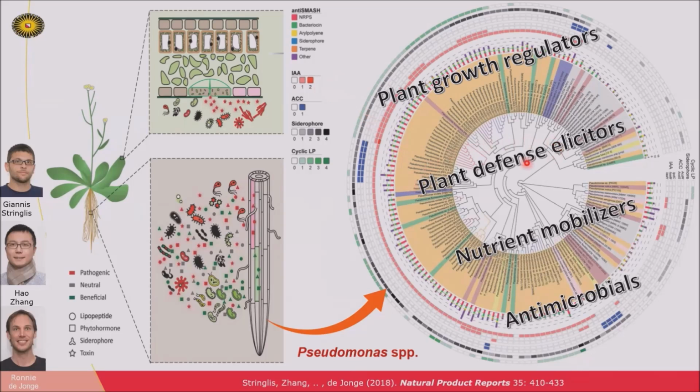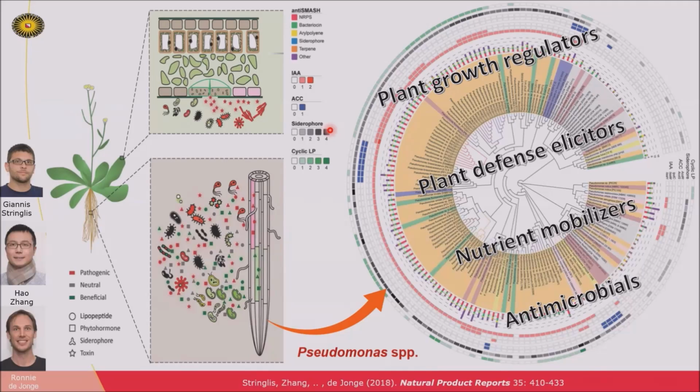They also produce plant defense elicitors, which stimulate the immune system of the plant, by which they can become better protected against pathogen infection. These Pseudomonas bacteria also encode many nutrient mobilizers, such as siderophores. These are compounds that mobilize iron from the soil and make it available, and then plants are able to take it up and grow better because the nutrients are mobilized by